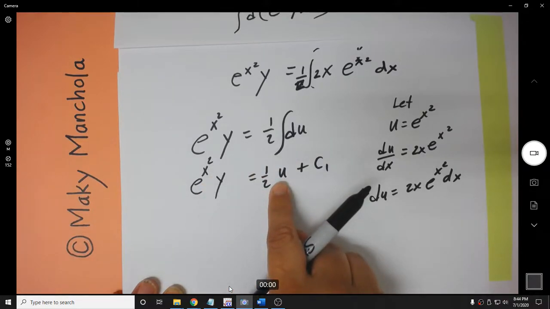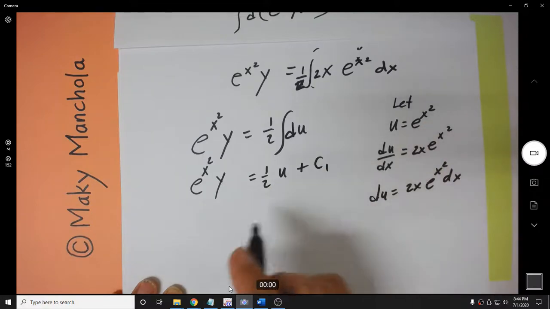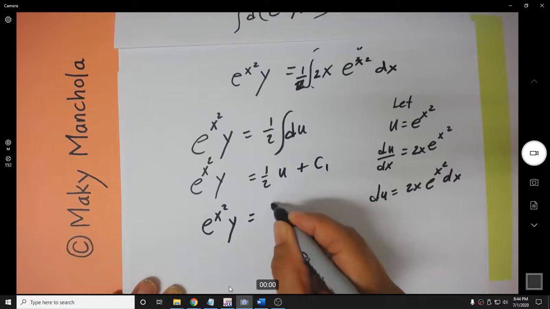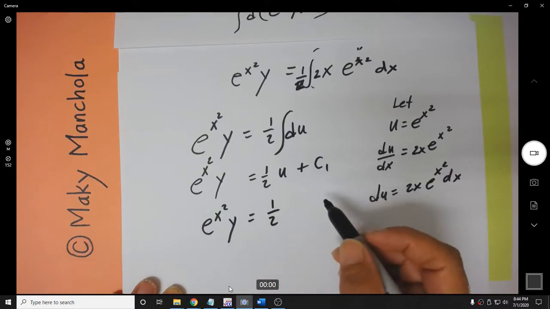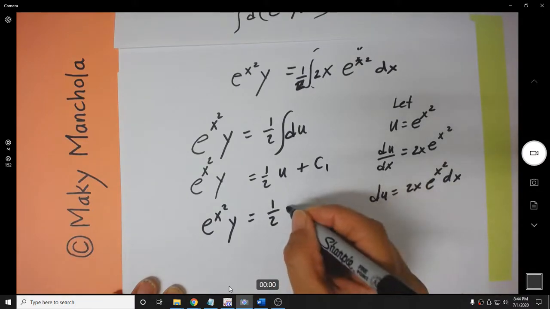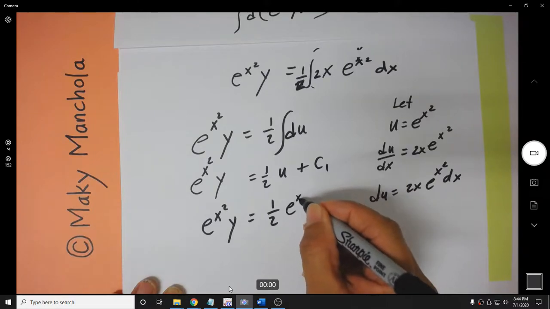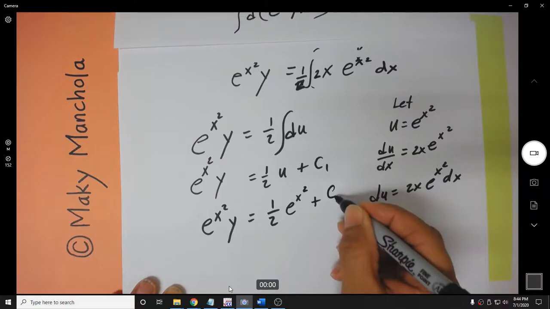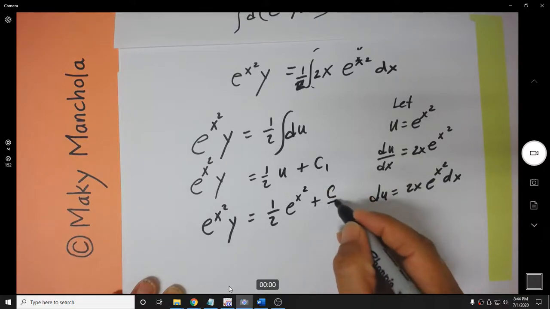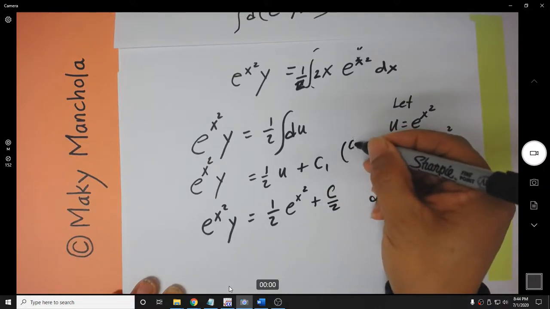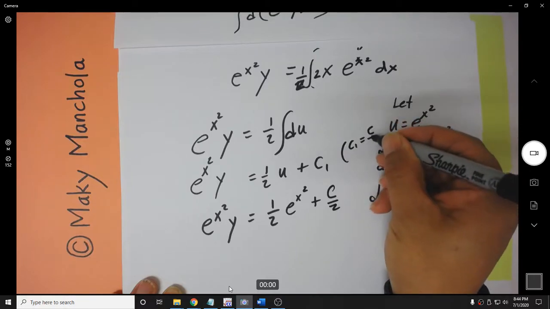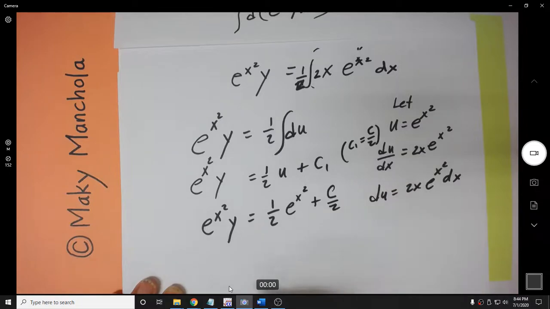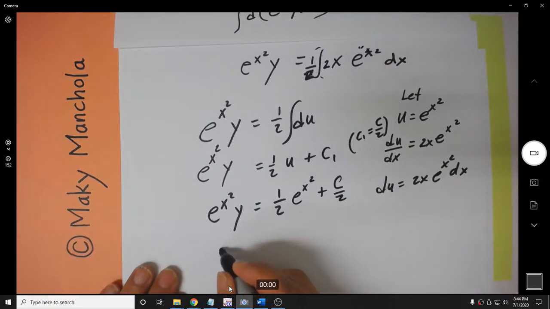I'm going to back substitute now. It's e to the x squared. So e to the x squared y equals 1/2 e to the x squared plus C1, which I'm going to call C/2. And the reason I'm doing that is because I would like this to be a single fraction. So I get